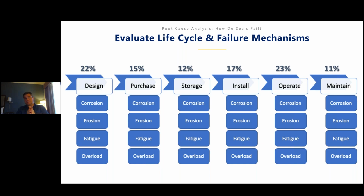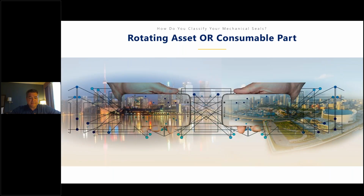And from the design, the purchase, the storage and handling, the installation, operations, and maintenance side of the life of that seal and how it is processed in and out of service, each step along the way, we need to consider the mechanisms. And if we look at the failed parts, those will point to what was the mode and the mechanism, and at what stage did we introduce that? What can we do to improve the reliability? So having that information becomes critical to pump reliability. And ultimately, all that being said, I think that if you take the challenge, look at your CMMS history,